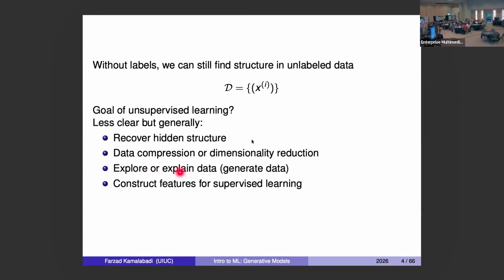We can explore or explain data. So this whole idea of exploratory and explanatory. What do I mean by that? If we look at some data and we can understand what clusters it may belong to or how many clusters there are, or for example, where is the largest dispersion, in what direction, among which one of the physical variables we have the largest dispersion, then that may allow us to say something about the underlying governing physics that generates that dispersion. And also, this I alluded to yesterday, we can construct features for supervised learning, because now if I